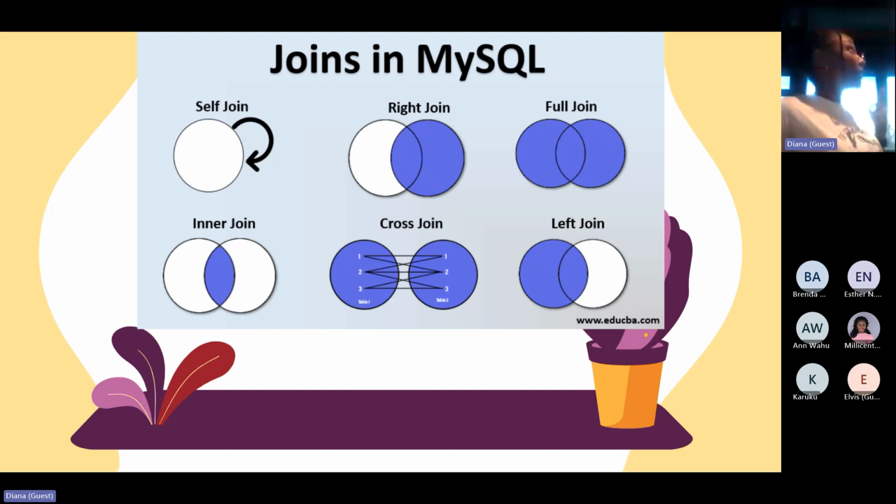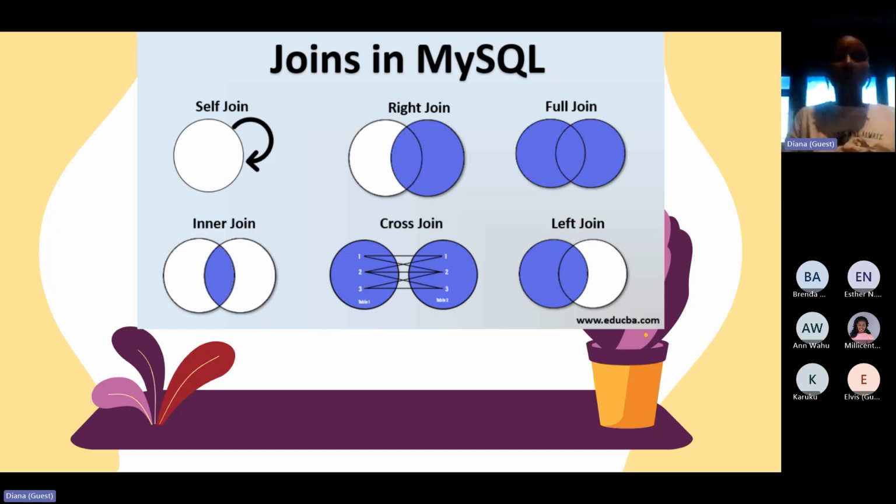And then we'll also look into joins. One important aspect when working with tables or data, or even with data frames in Python, is that more often than not, one table is not enough to give you information. So how do we combine tables to create one? We use what we call joins. There are different types. There's a self join, where it's the table within the table, and it normally creates a hierarchy. We have a right join, a full join, an inner join,